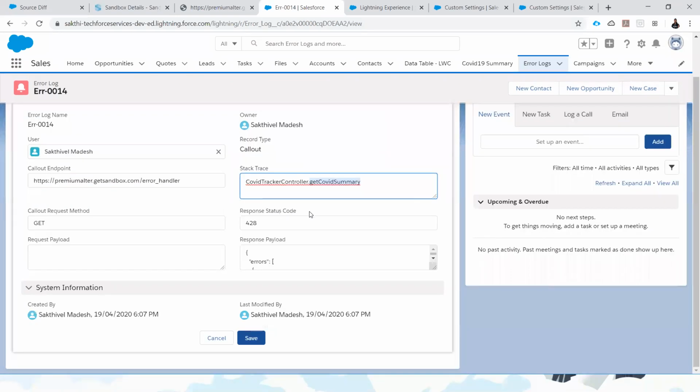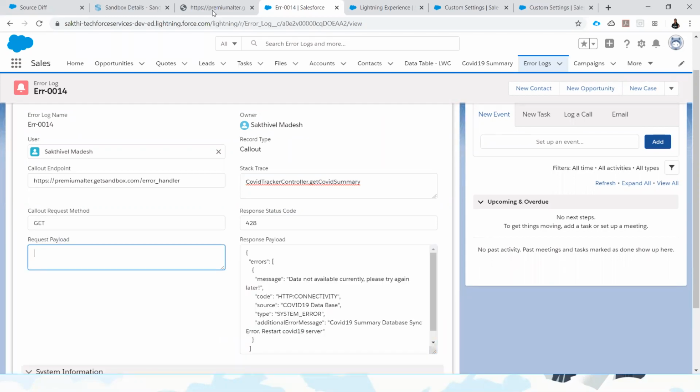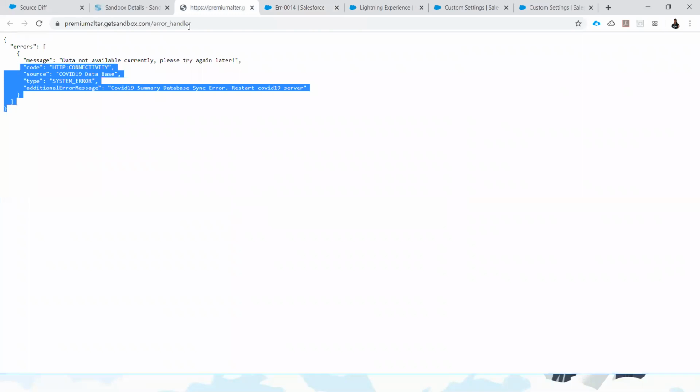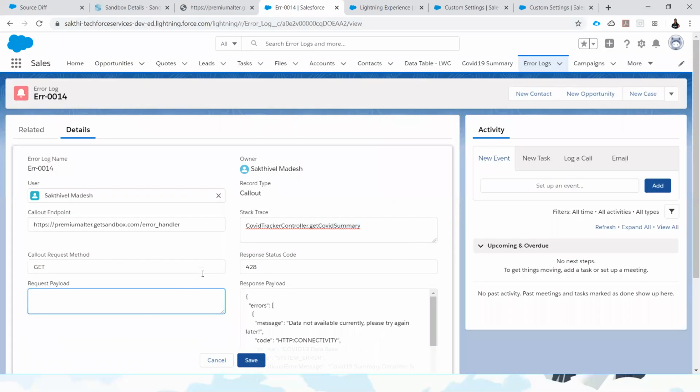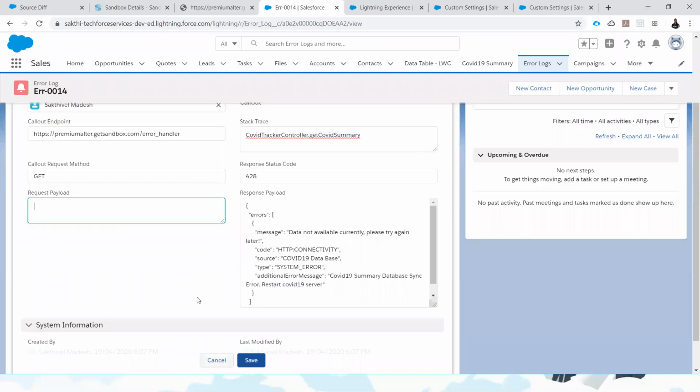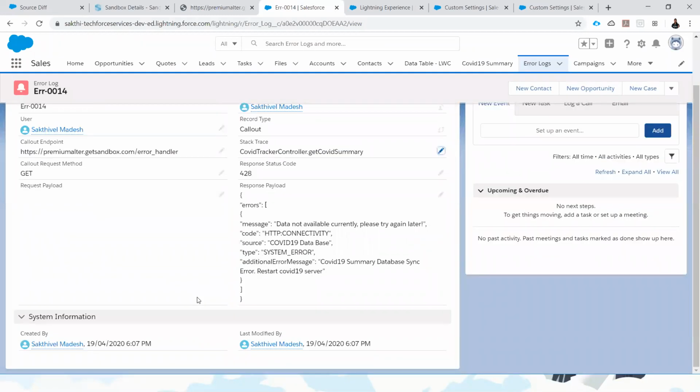We are also capturing the status code and the error code. Currently we are not passing any request payload, so that's the reason it's empty here, and see here, the response we received is the exact response.